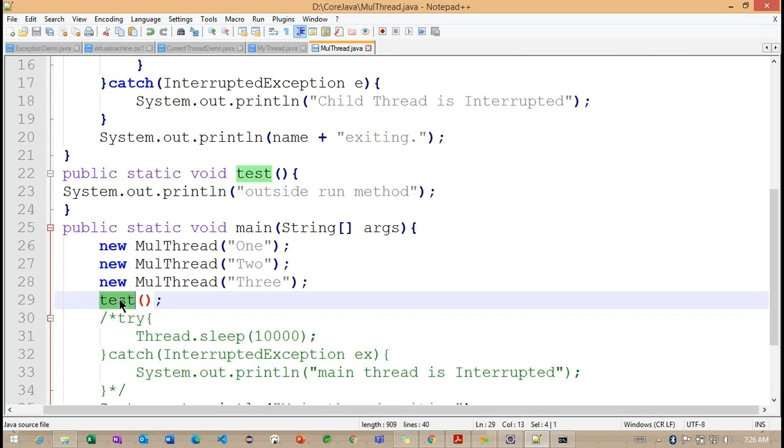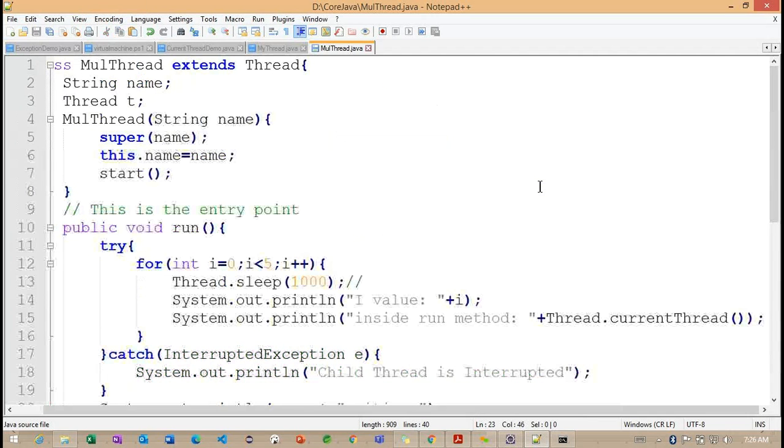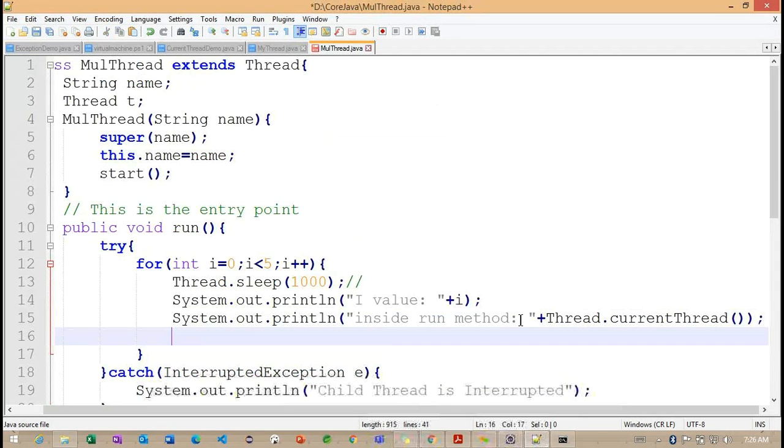This particular test I am going to call here, but based on which thread am I calling it? Main thread. Main thread, right? But if we want to call it from the child threads we created, what we can do is call this particular piece of code from here. We need to call from here.